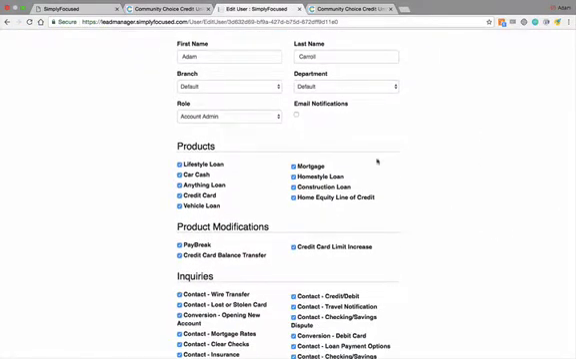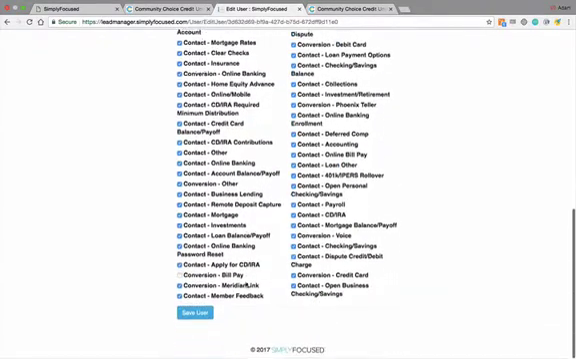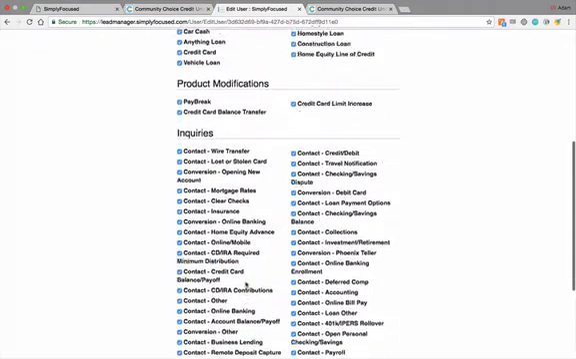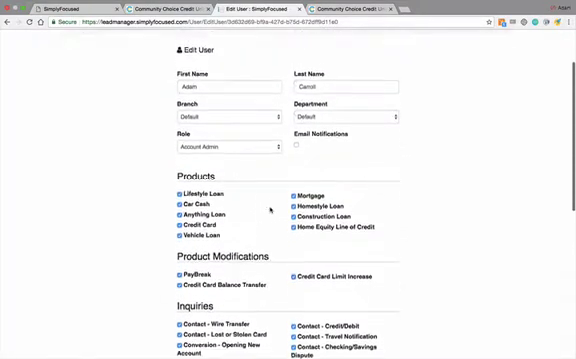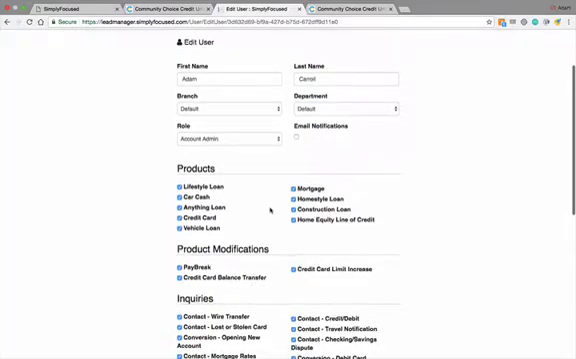And you can see that I have sort of a general account admin role, which means I have access to all of the products, all the product modifications, any and all inquiries, which means everything that comes through Lead Manager I can officially see. Now, if you were dealing with a frontline employee, or maybe a mortgage loan officer only, you would obviously click out of some of these